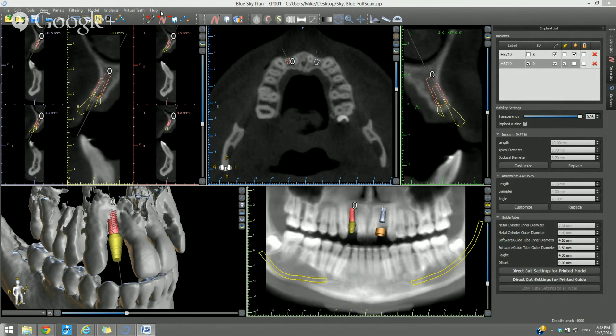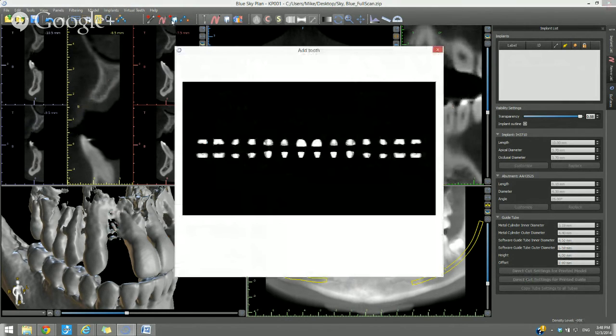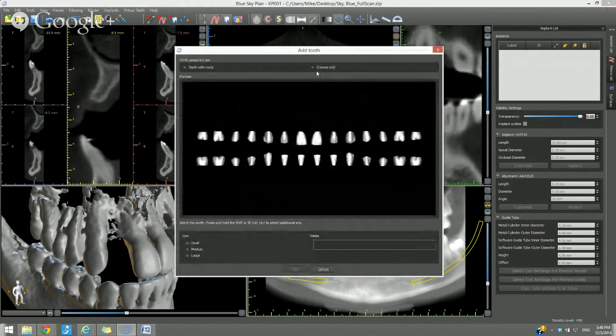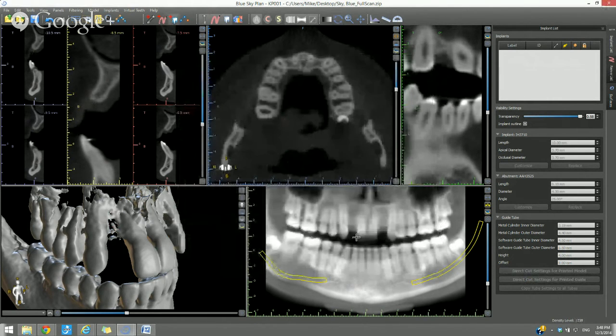Our next topic is adding virtual teeth. Another way to place the implant is actually to plan the case based on the virtual teeth. So if we go ahead and hit the Add Tooth button, it opens up our dialog box. We're able to either add just the crown or we're able to add teeth with roots. You could select the tooth that you want to place, the general size, and then go ahead and click on OK. You click in any view,